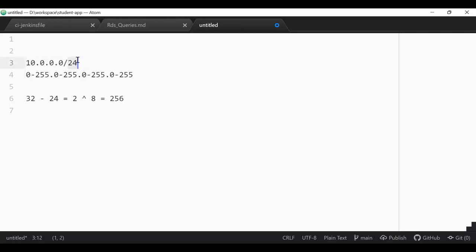So how do we define this representation? All IP addresses: whenever we define 0.0.0.0/0, it is nothing but 0 to 255 in any one of the octets, or 0 to 255, 0 to 255, 0 to 255. So here you can use that many devices. But if I use